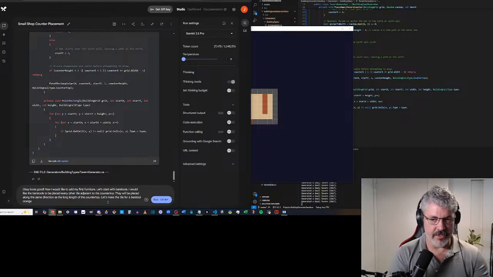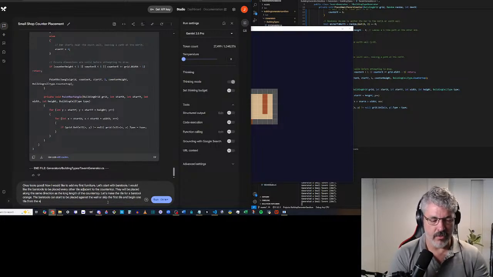And I want a little bit of procedural generation. The bar stools can start to be placed against the wall, or skip the first tile and begin one tile from the wall.